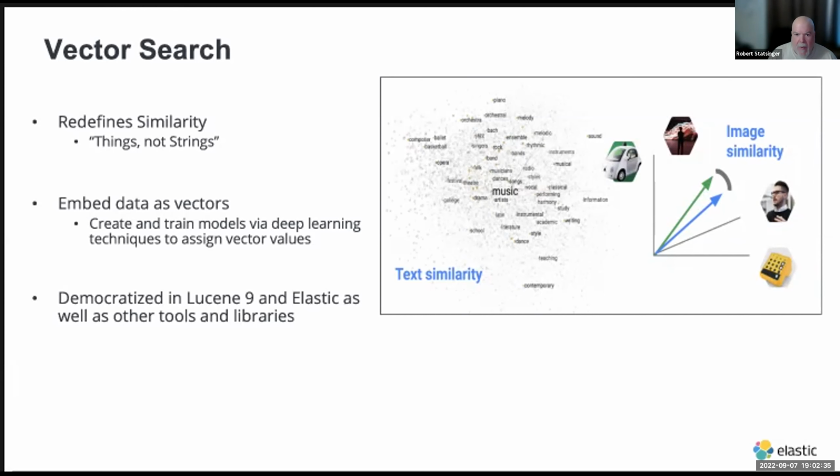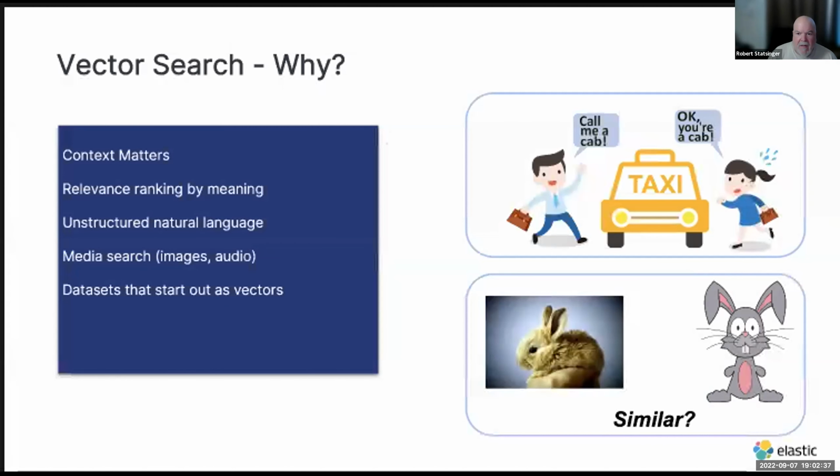So why do we want to do this? Computers aren't really very good at some things that humans just take for granted. In the pictures on the right, we have a guy trying to get a cab. He says, call me a cab, and the woman's response is, okay, you're a cab. Well, that's probably not what he had in mind. Conveying how important this context is to a computer and a search application is not easy. So how do we find a convenient way of gathering the context needed to really understand the meaning of this guy's request